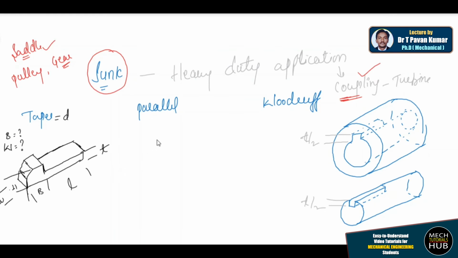Similarly, coming to the parallel key, these are of three types. One is the peg key. Peg key is nothing but something of this kind. A cylindrical object, integral, will be placed. This cylindrical portion is going to sit in the hub. Then this we call a gib headed key. This is a gib headed key. And similarly there are single headed and double headed keys.